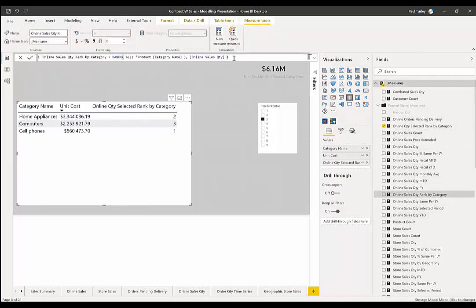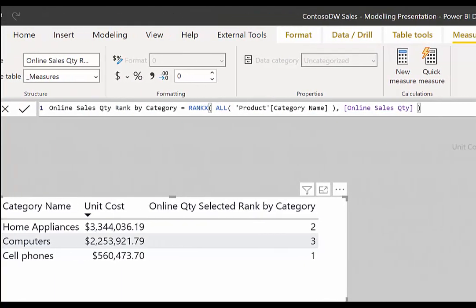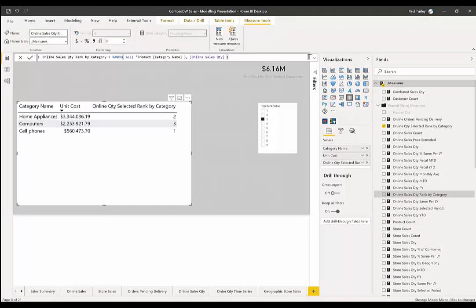This is a fairly simple piece of DAX code where I'm using the RANKX function. The thing to know about RANKX is that it does some internal rounding, and so it's really hard to do this with super fine precision. But it is a relatively simple thing just to call RANKX and say, all right, well, based on the category name, just rank the online sales quantity, return an integer value that tells me what the rank order is. So that's pretty simple stuff. But I'm going to drive this now based on this disconnected slicer table, just like I did before.